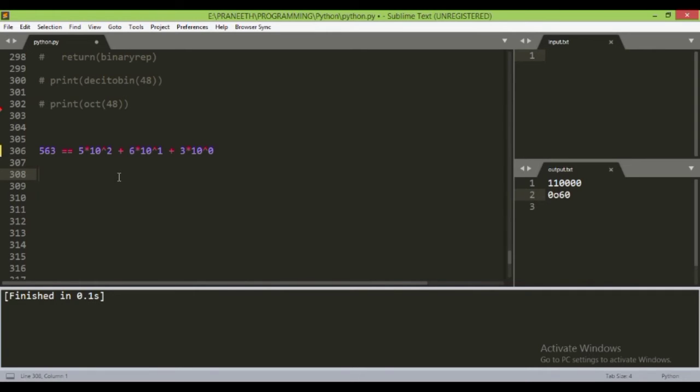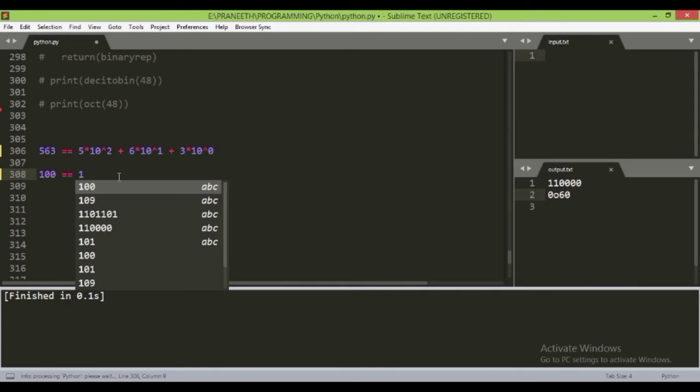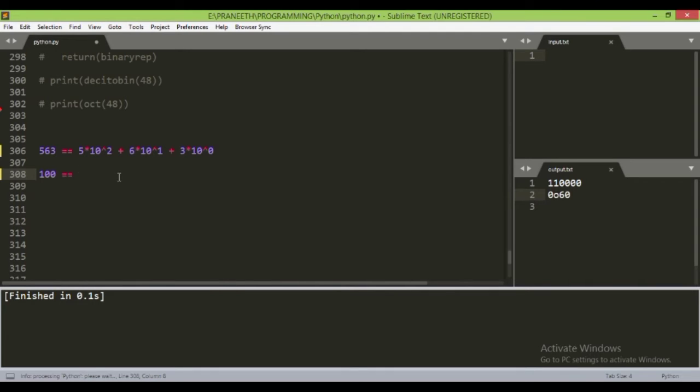Similarly, if we need to convert binary representation as 100 into decimal, we need to multiply each number by increasing powers of 2, as here the base of binary numbers is 2.